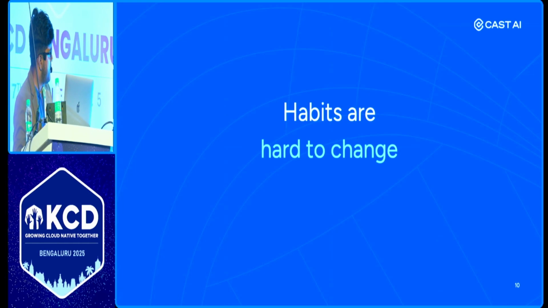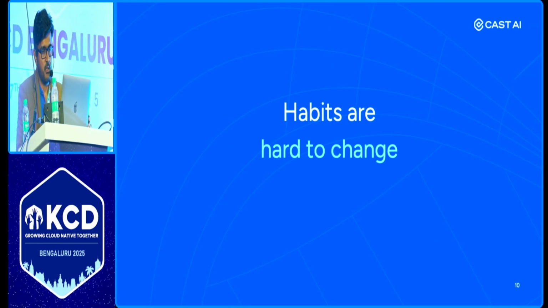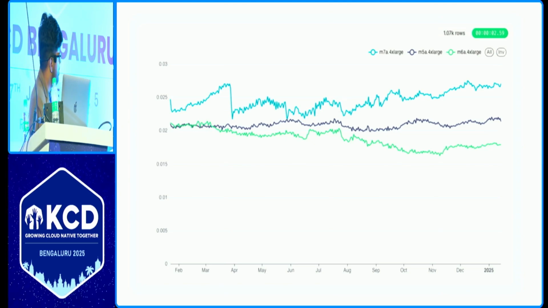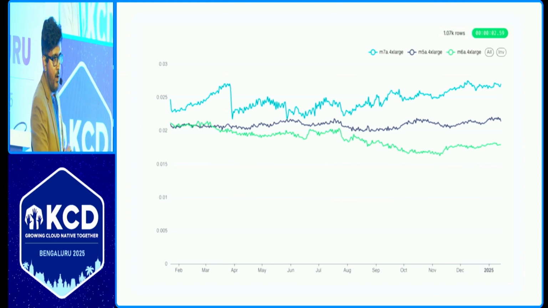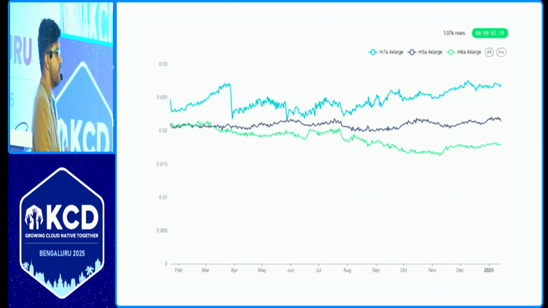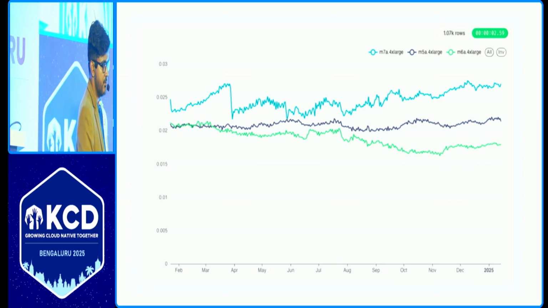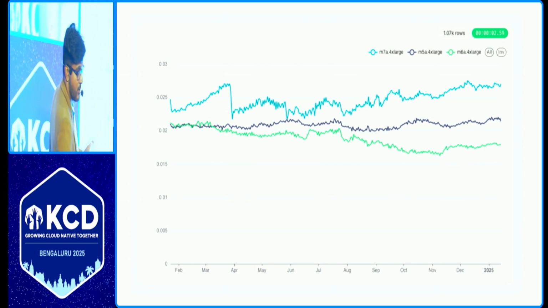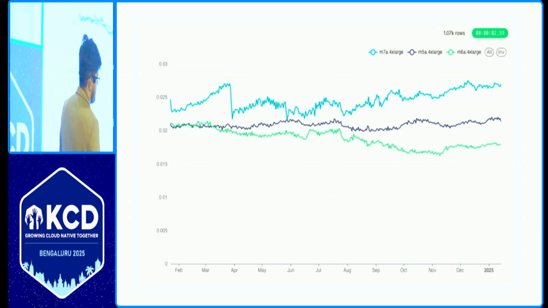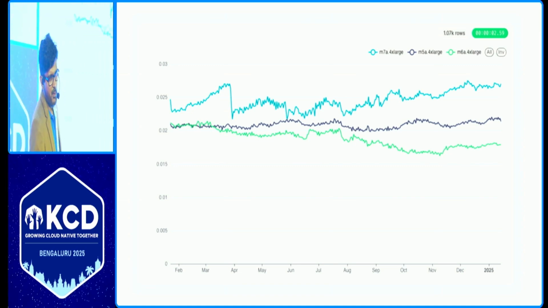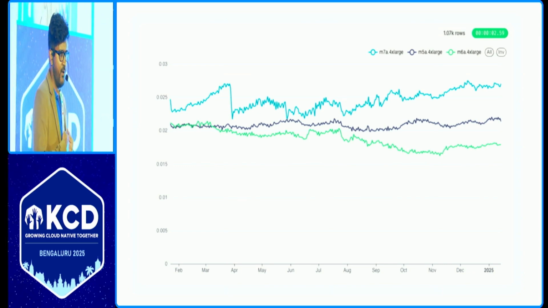And that's what I was saying, habits. Let's take one more example, right? Habits are hard to change. So, okay, let me ask this. If I give you a task in February to pick a spot node which is best for your environment, which one would you pick? Any example? In February, you check the data of February only. Most likely M5, M6, M7 are more performant but a little costlier. So you say, okay, let's pick M5 because I believe it's cheaper, right?